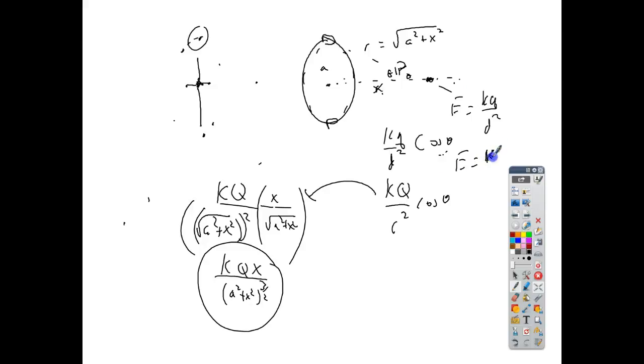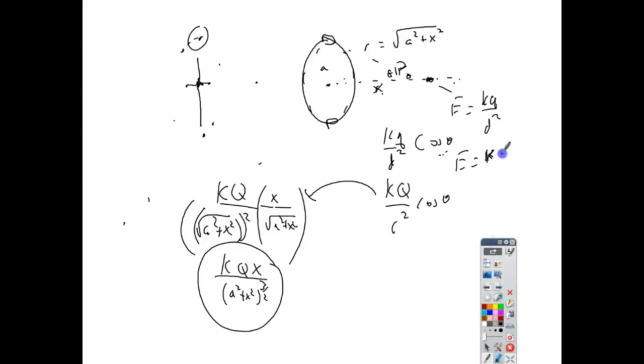Now, if you want to be really technical, you want to wow the judge, you write dQ, a little bitty bit of charge, divided by the distance between them, R squared or something, cosine theta. And this is where the trick is. You have to pull this cosine theta out of thin air. You have to remember, oh, it's the piece that's in this direction that matters, and that's what I'm summing